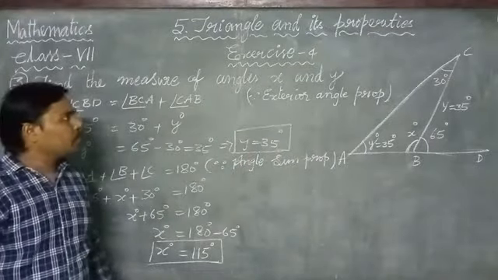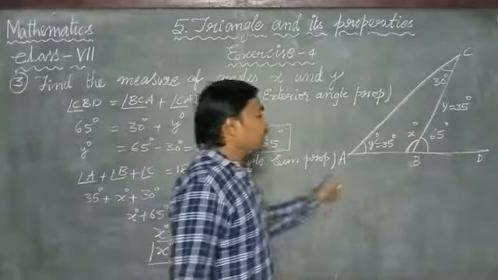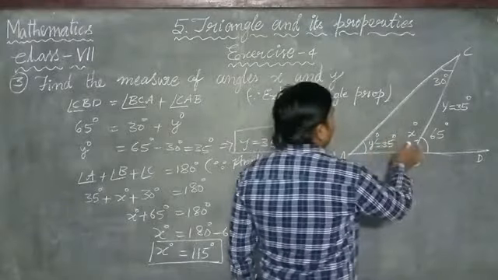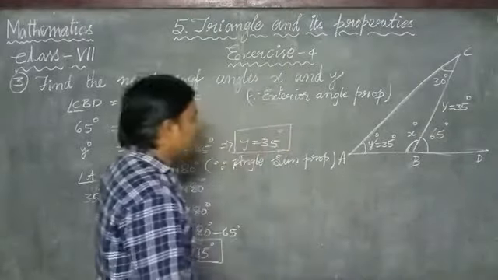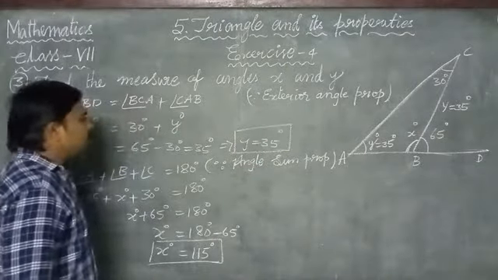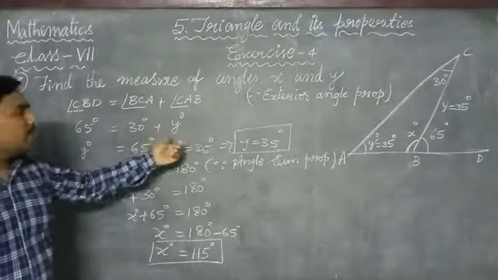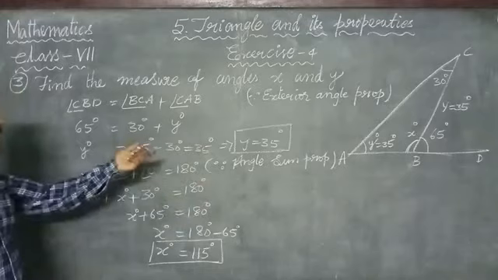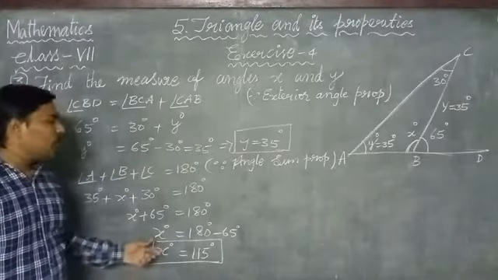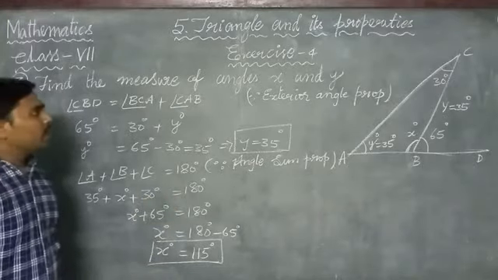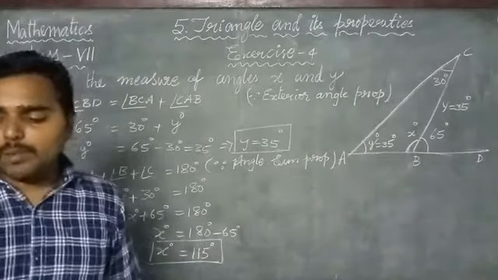Finally, y equals 35 degrees and x is 115 degrees. Once again, they have asked us to find the measure of angles x and y in the given figure, the triangle ABC. We find the two unknown values in the triangle ABC by using the exterior angle property. From the exterior angle property, we can write angle CBD equals the sum of the opposite interior angles. Then we find y equals 35 degrees. After finding the y value, we calculate x by using the angle sum property of a triangle. In this way, we calculate x and y. And now let us see the next problem.